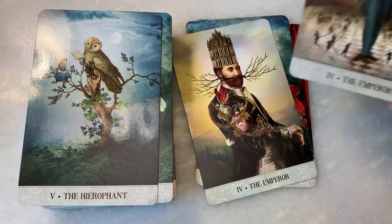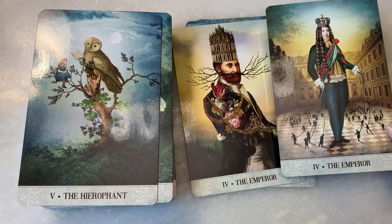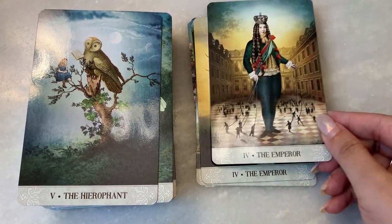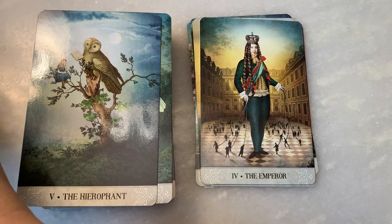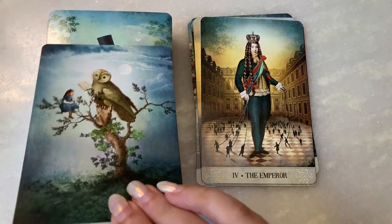Oh. Okay, so we have two Emperor cards, if you see. How come? Oh, I was not knowing that. That's lovely. That's lovely. I'm gonna see later why this deck has two Emperor cards, which I'm gonna see in the book later on. The Hierophant,